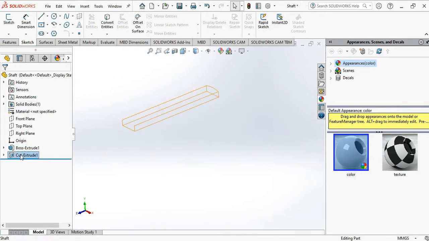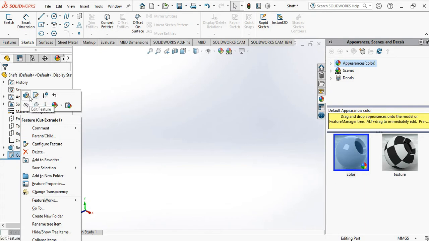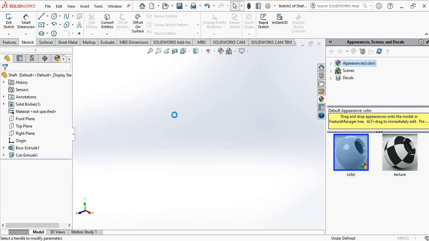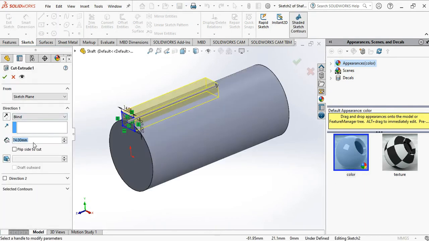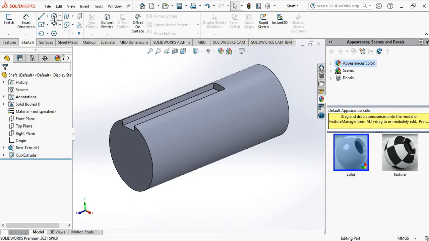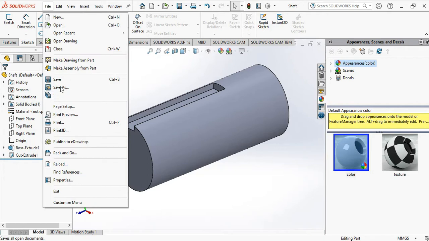The keyway distance is also not mentioned in our diagram. So we have to increase the distance as 80 mm. Save this command. Close it.